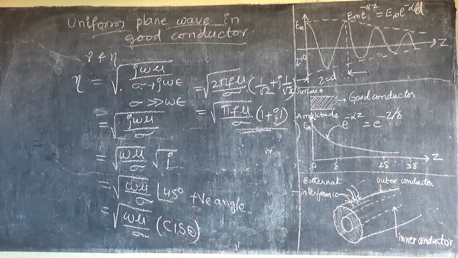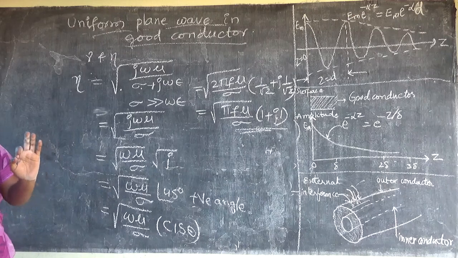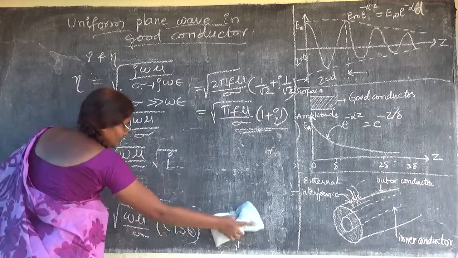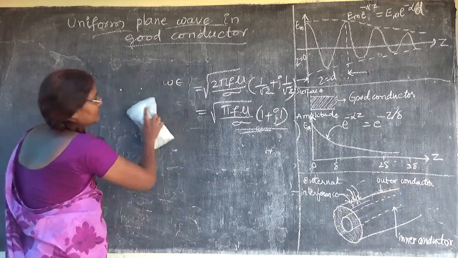So we will see these two properties. Now we are going to deal with a very important property which is called skin effect. What is this skin effect? From this skin effect, we will understand why we need to learn the properties of a wave traveling through a conductor. So I hope you understood till this point and we go for the next.